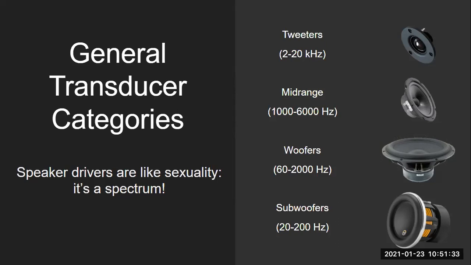There's also a term called mid-woofer, but it's the idea that, depending on how many drivers you have in the system, if it's a two-way design, it's typically a tweeter and a woofer. If it's a three-way, you have tweeter, mid-range, woofer. And if you have 26 drivers, then you just, I don't know, name them after different hurricanes or something. But yeah, so those are the general categories of what people are referring to when they talk about a tweeter, mid-range, woofer. Gives you some ideas of those ranges.